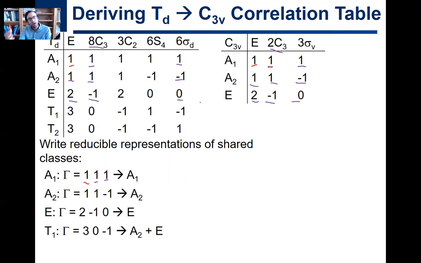With T1, so now we're asking the question, if we have T1 and TD, how does that translate in C3V? Well, you can see there's no T1 in C3V, right? So what are you going to do? Well, you're going to look at, all right, I have a 3, I have a 0, and I have a -1 in the classes that I care about that translate. So then you're going to have to take that reducible representation. That's not equal to any of these. That's a reducible representation, so you're going to have to reduce that. And if you do that, you can find using your formula, or this is simple enough, just do by inspection, right? A2 plus E,